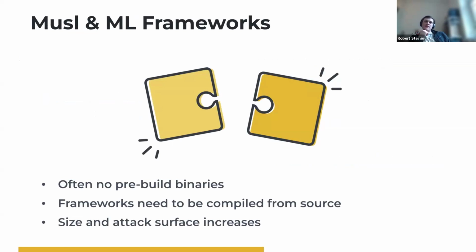So what we often end up with is that in the container, we need to install all the dependencies like GCC and CMake and so on to compile these frameworks from source within the container, and that often results in a bigger image size and also a bigger attack surface because we have all the additional dependencies. That's the reason why we decided against having Alpine images for the Supernode and Server App for now. Maybe we will also add this later.